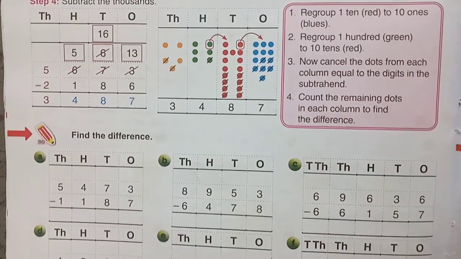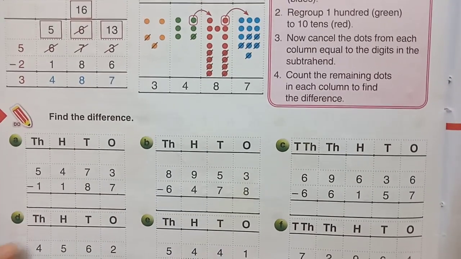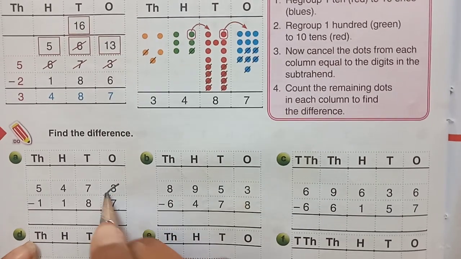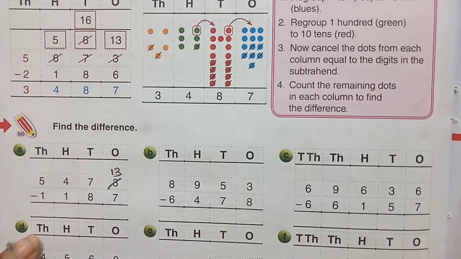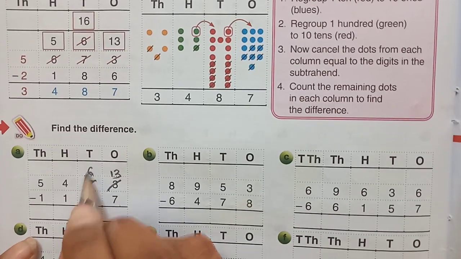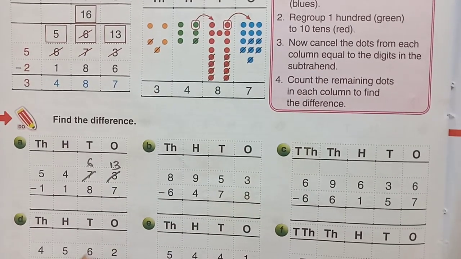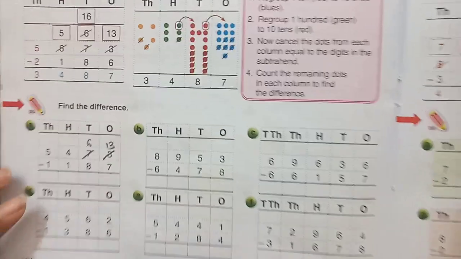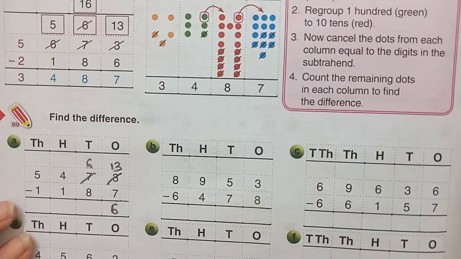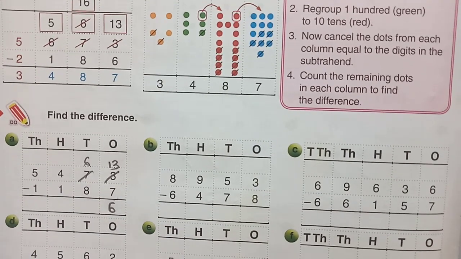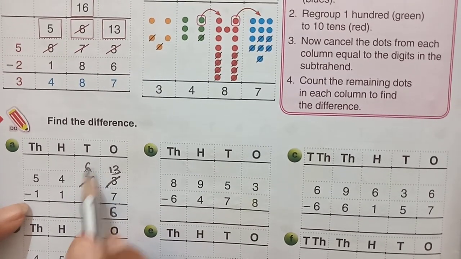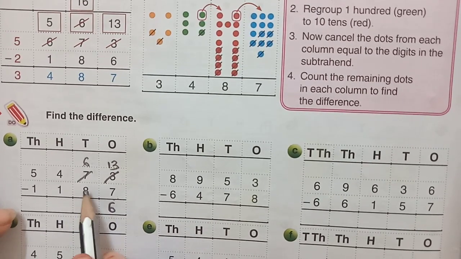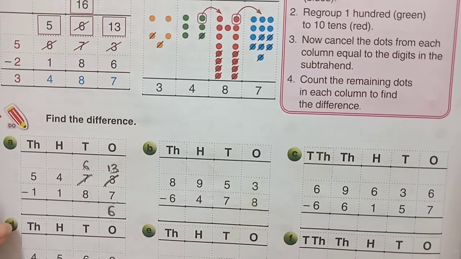One example I will show it to you. 7 minus 3. In this, 7 we cannot subtract 3, so we will regroup 3 as a 13 by making this 7 as a 6. After 7, 8, 9, 10, 11, 12, 13. We counted 6 times. Here first we have to observe the digit. 6 we are having and the number to subtract is 8. We cannot subtract a bigger number from a smaller number.